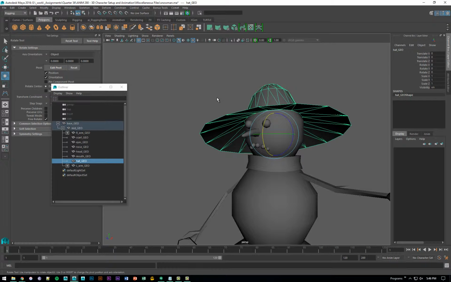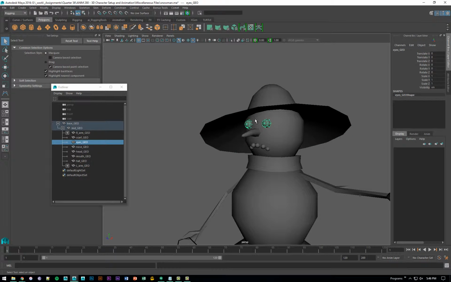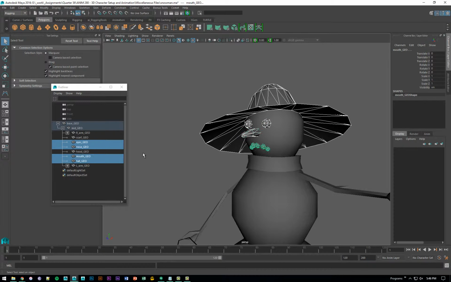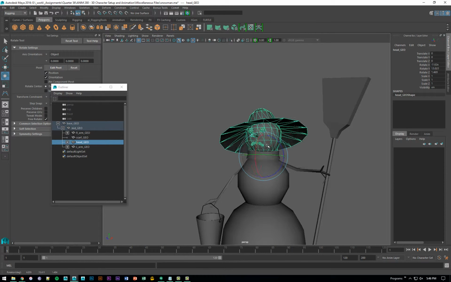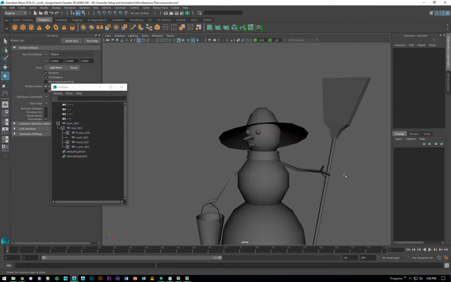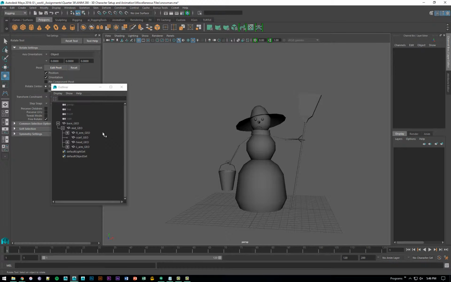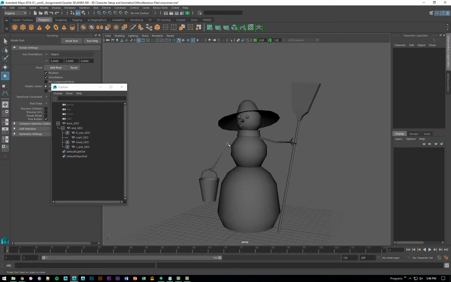What is my hat going to follow? My hat and my eyes and my nose and the mouth are going to be following the head. So I'm going to select the head in the end, press P, and so when I select this, see everything kind of follows the head, which is fantastic. So that is an incredibly simple rig that I've made simply from using parent constraints. I've got a geometry which was broken down into multiple parts, and I could just make a hierarchy out of him